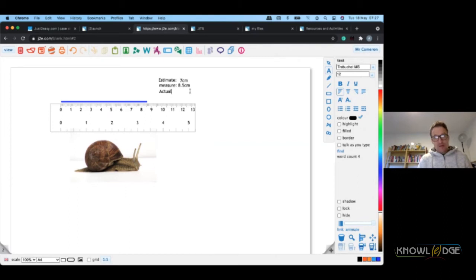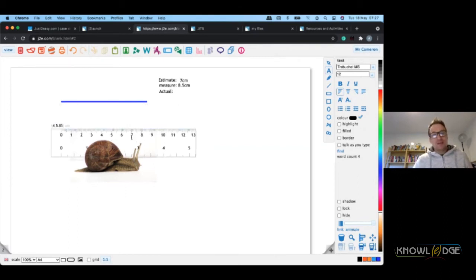So let's put the actual length on the page, and if I click on that line, there's a button over the right hand side which says show lengths, and then immediately it says 8.44 centimeters. So there we have an opportunity to do that.